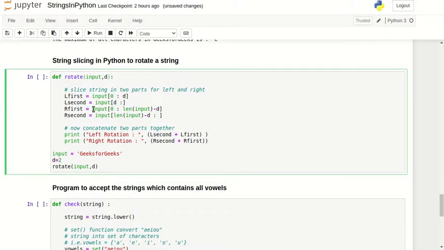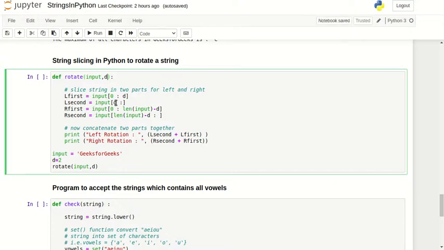Then in Lsecond we will have input with the other part of our string. So in Lfirst we have the first two characters, and in Lsecond we have the other part of the string excluding the first two characters. In Rfirst we will have from 0 till the length of the input minus d, the parameter by which we rotate the string.